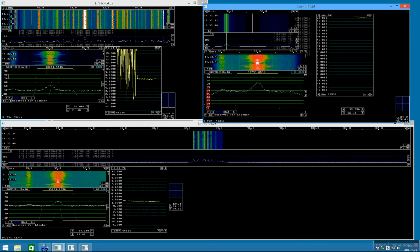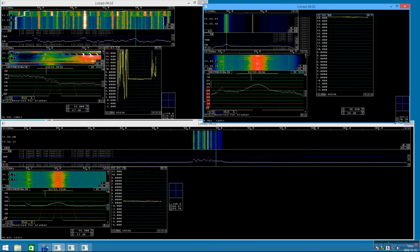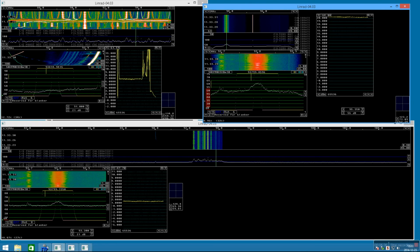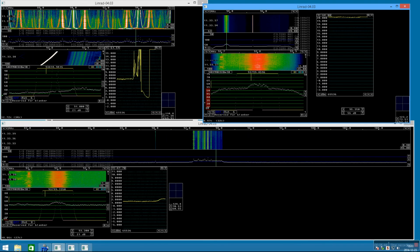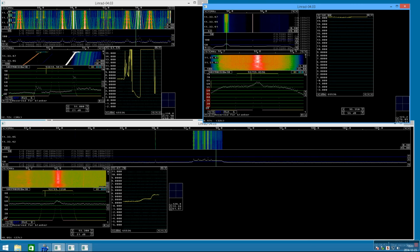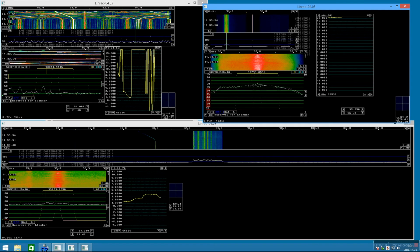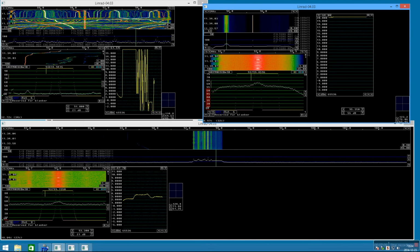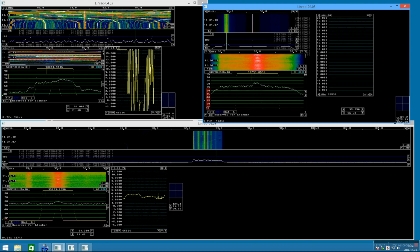I bring the signal level up. First, put the frequency far away. Let's say we are on 93.8, so I go on, let's say, 90 megahertz. That's nearly 4 megahertz away. And I bring the level up until there is a problem. You can see the noise floor goes up in both tuners by similar amounts. And if I tune the frequency a little bit, I go downwards. There are some differences. At larger frequency separation, the BladeRF is the winner. And if I go for a closer frequency separation,